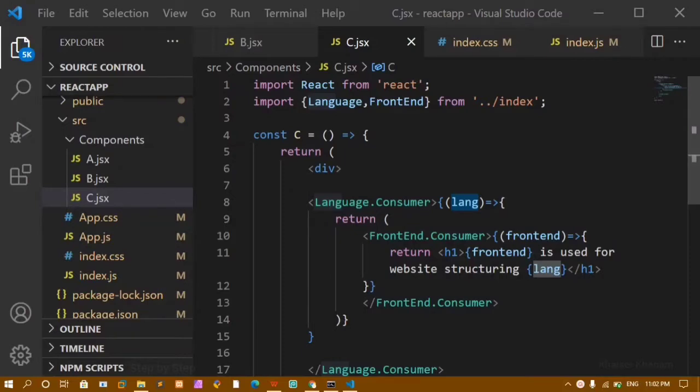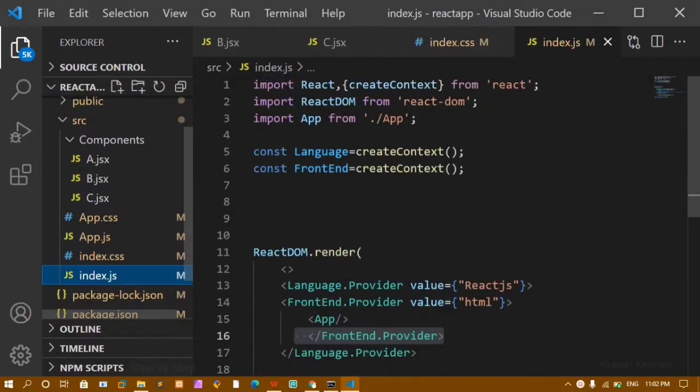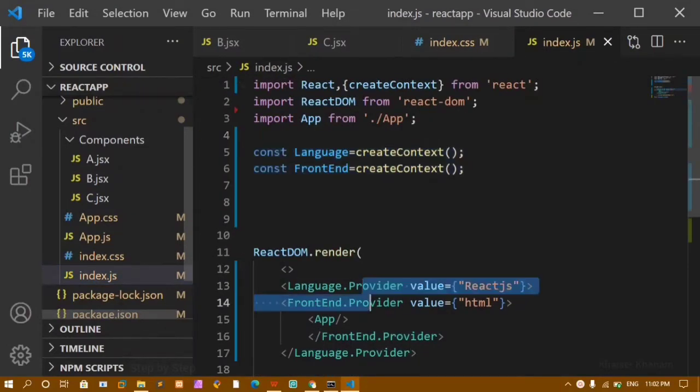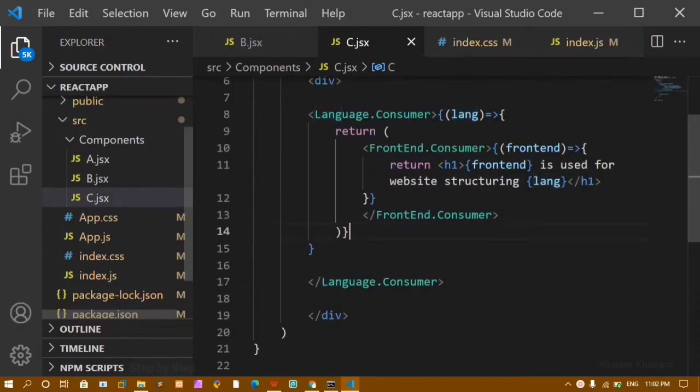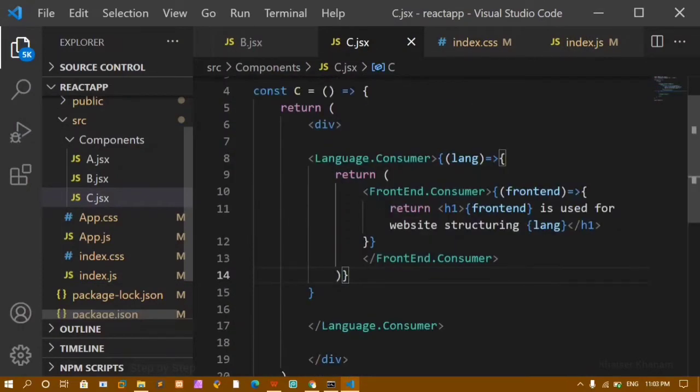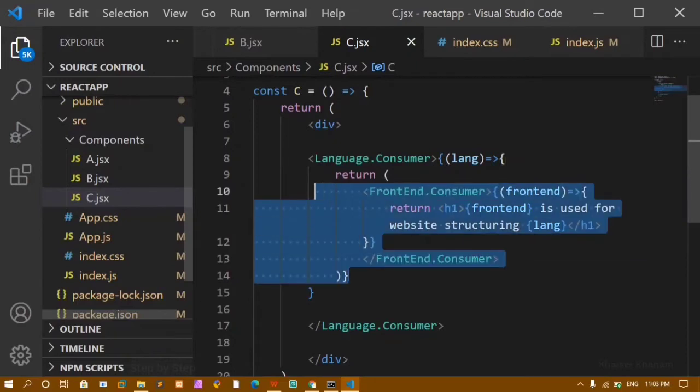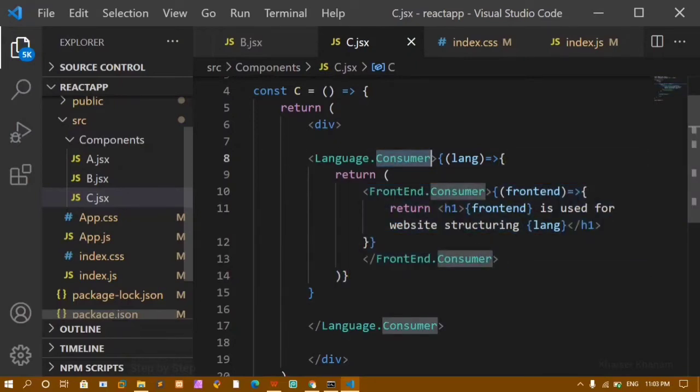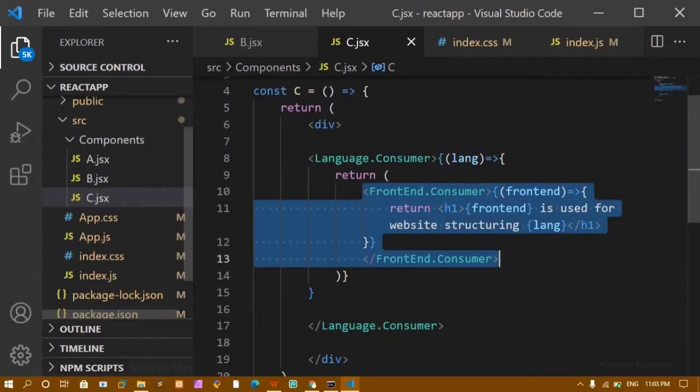Okay, in our previous video, we have seen how to create context, how to provide the data and how to consume that data. Now inside index.js, I have created this multiple data layer. I am providing this one, and here while consuming, you can see it is very difficult to write. Suppose if I have multiple data layers, then each time I can't be writing like this, because this consumer always needs one function. For the first data layer, whatever value I have passed, I'm returning that, and inside this I'm having this another data layer data. So at one particular point, it becomes tedious to write the entire code. We can't be writing such a long code.